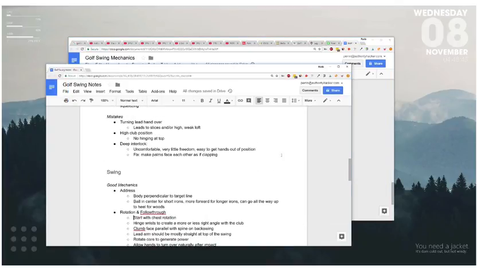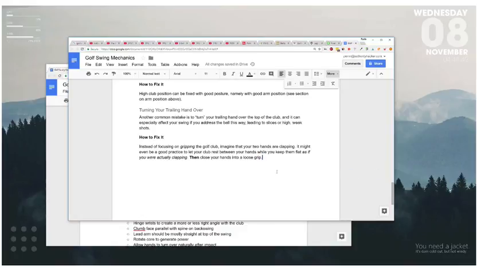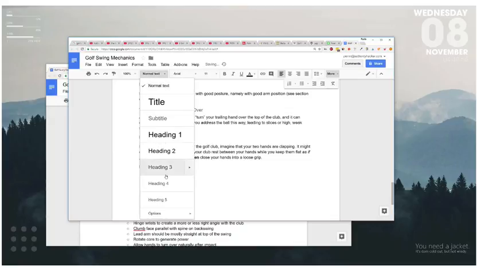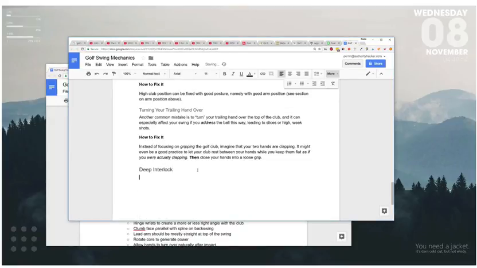So we were just finishing up the golf grip section, and we have, I think, one more little thing, deep interlock. Let's get right to it. Deep interlock. This is going to be an H3. Deep interlock, let's put it in quotes just because it's not a common term,